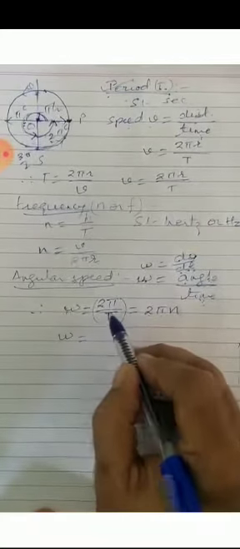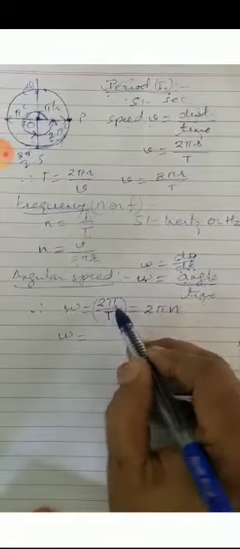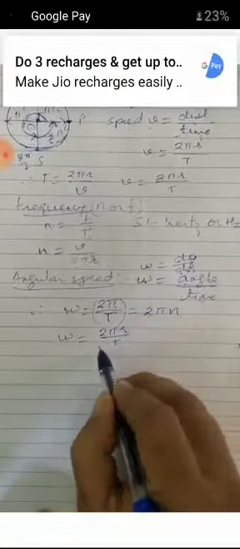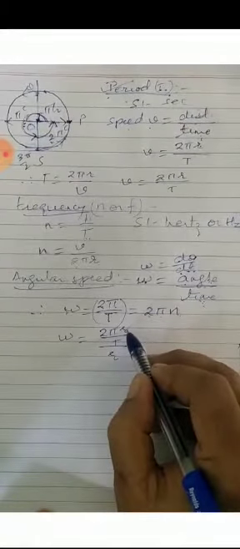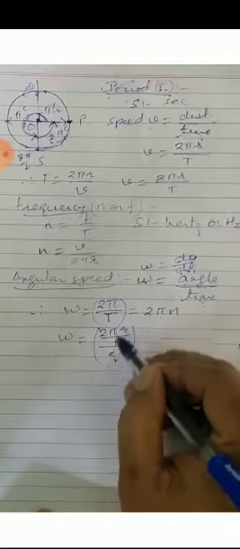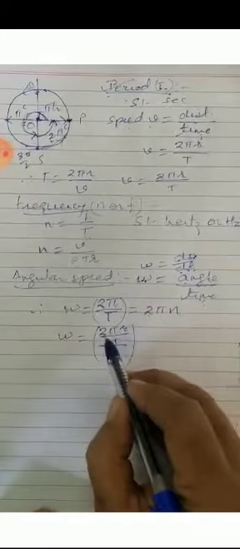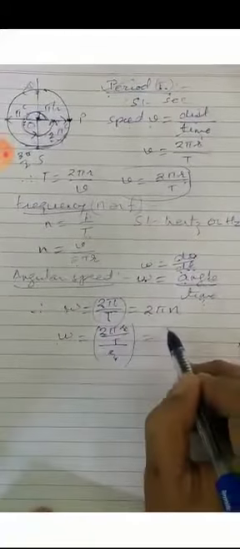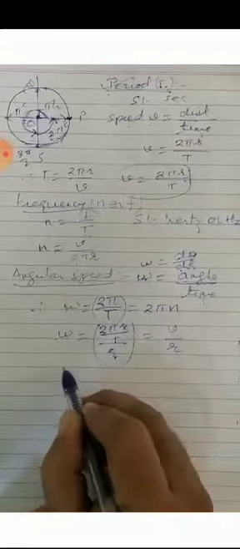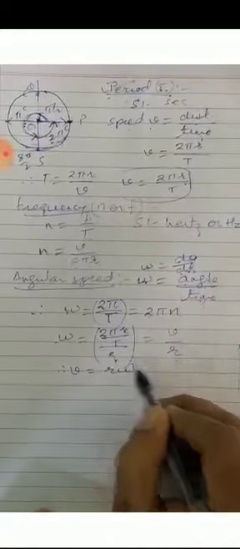And also here in this formula, if you multiply by r and divide by r in the numerator, then it becomes 2 pi r upon T and divided by r. What we have done? Multiplied by r and divided by r. So r upon r, if you cancel this r and r, then we get the same as 2 pi by T. 2 pi r upon T is nothing but v, this one. Therefore omega becomes equal to v upon r. So the important relation here is omega is equal to v upon r. Therefore v is equal to r into omega.